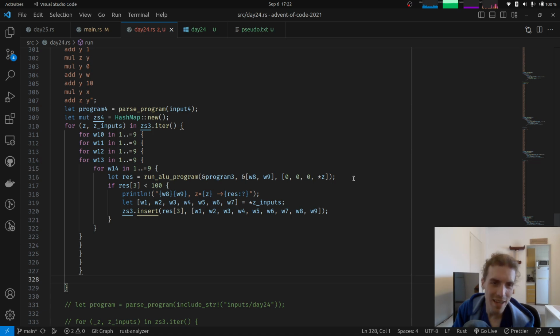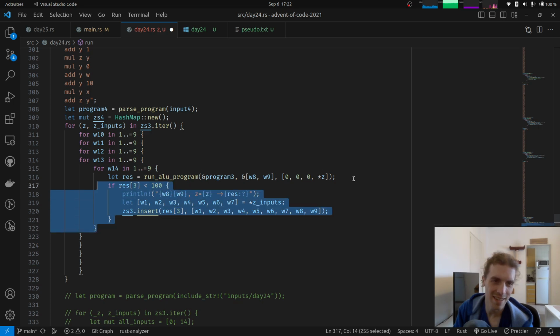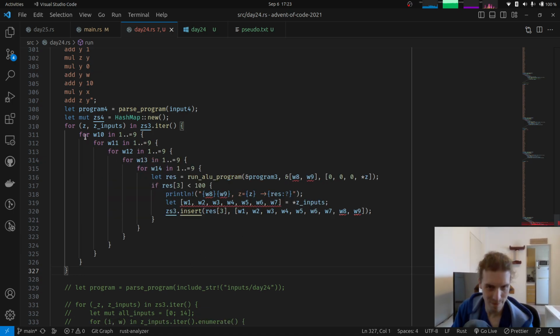Oh, look at that. Now the formatter doesn't want to format my code. That is a sign of doing things right, isn't it? Am I even closing the right amount of? No, I don't think I am. No, yeah, it actually can format my code. So beautiful. Okay, we're going to run this 4th program, which has only 5 inputs, with these 5 inputs: W10,